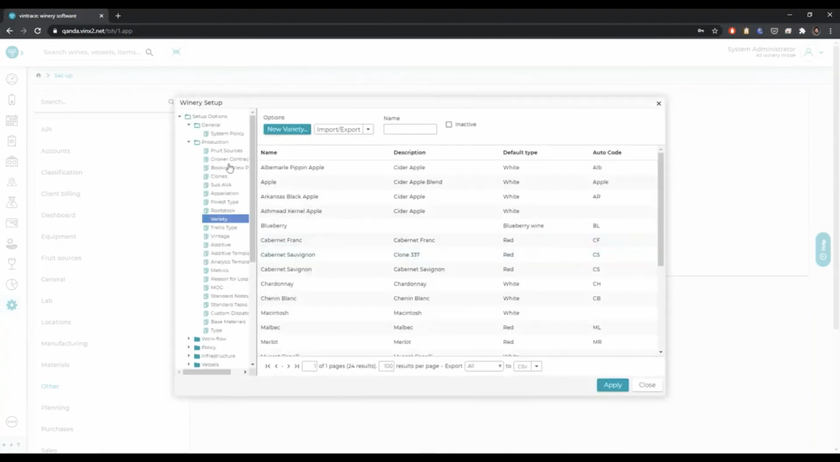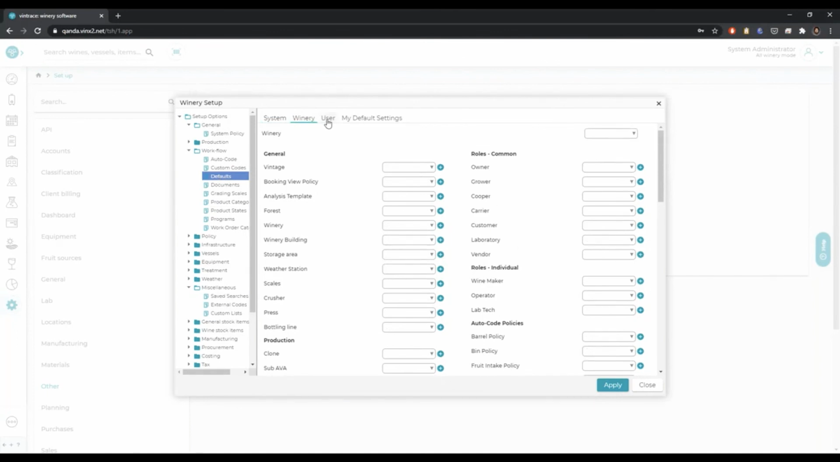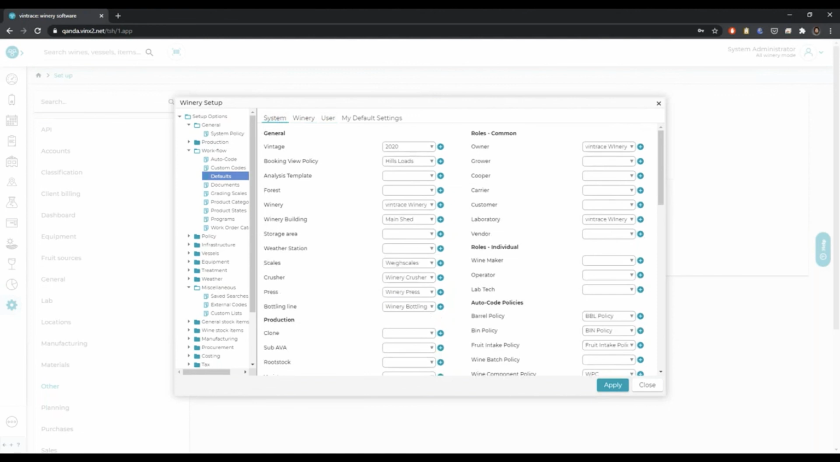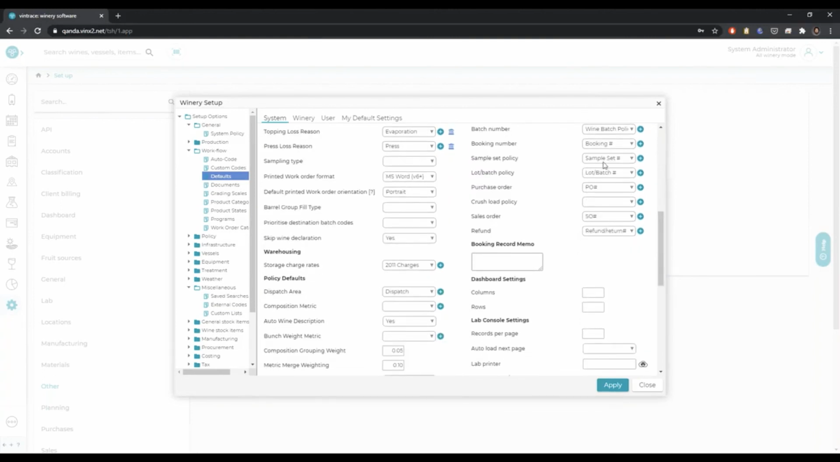Since we are talking about defaults, I did not talk about defaults. So under workflow, we have a whole default category, and based on your level of permission, you can default by winery or by user. So you'll want to make sure you default your vintage. If you only have one owner, so if you're not a custom crush facility, I would default yourself as an owner, default your lab. You can default your scale, your press. You can also default barrel auto codes, booking numbers,